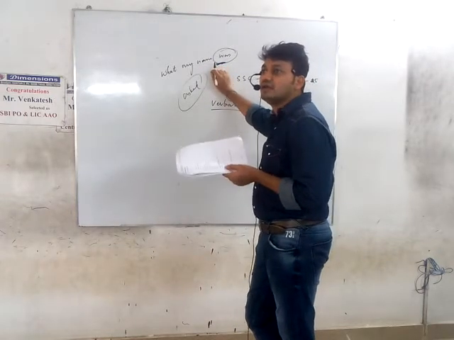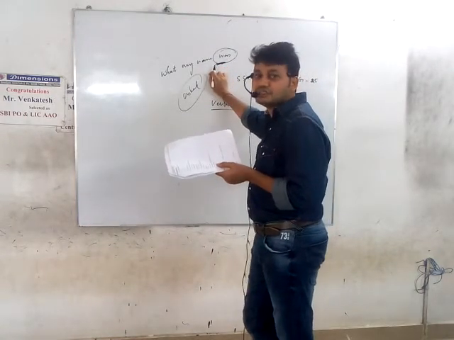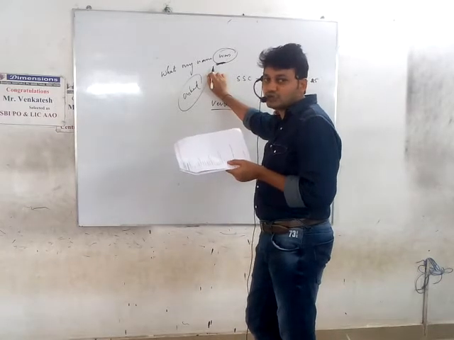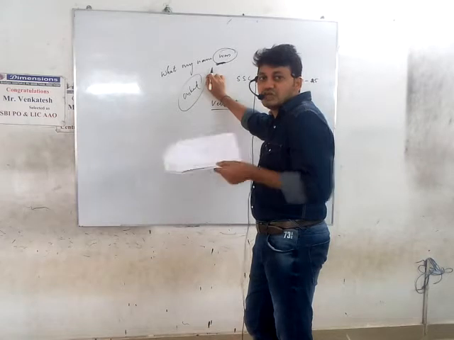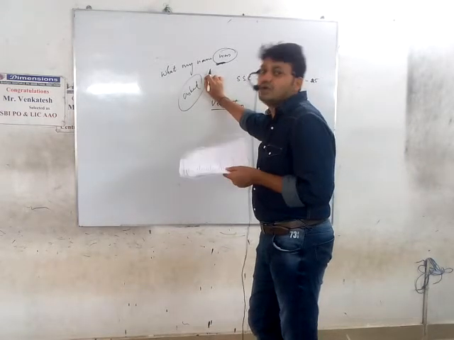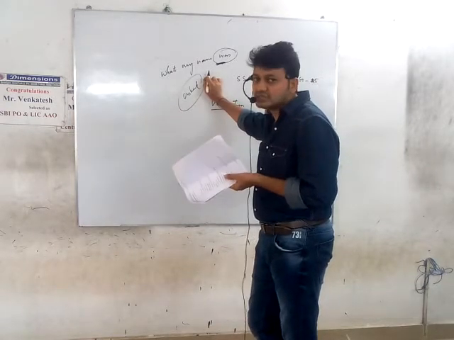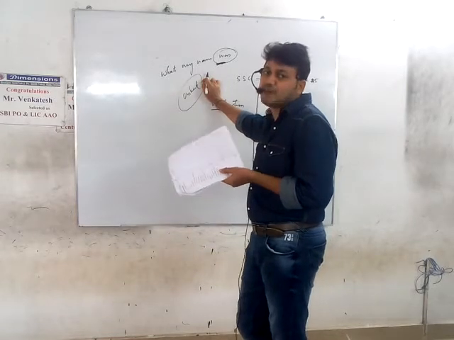We know very well that in direct and indirect speech, reporting verb and reported verb, if at least one of them is in past, then the whole speech, indirect speech, will be in a past tense. If both of them are in past, then you need to use past participle.